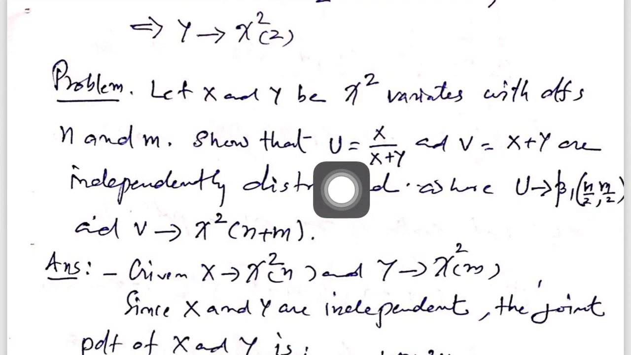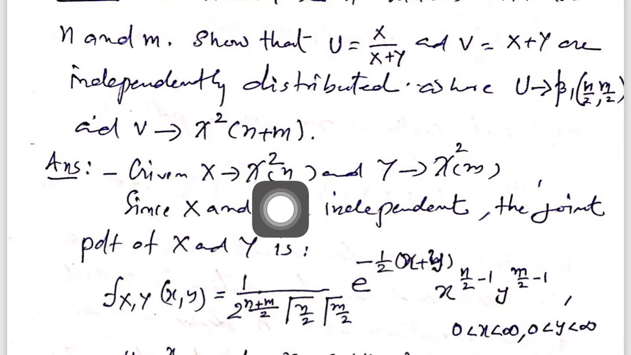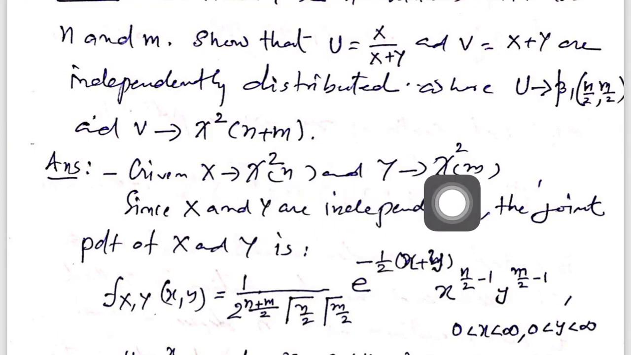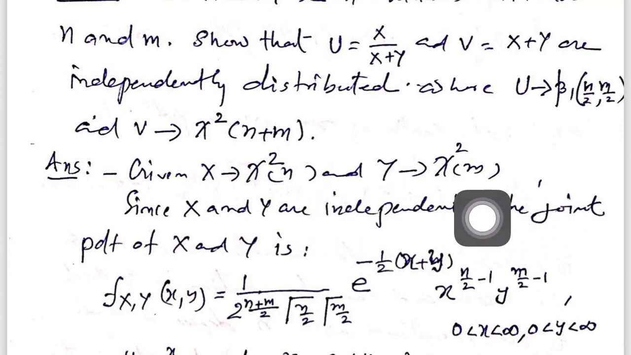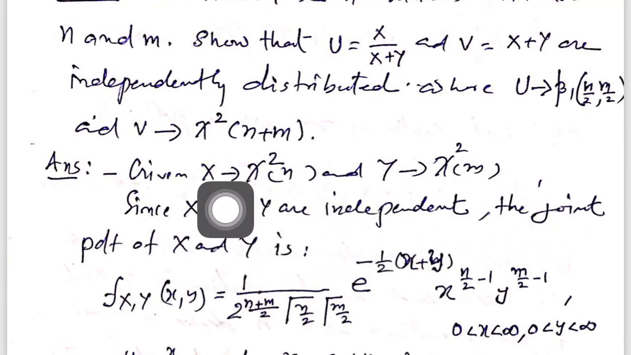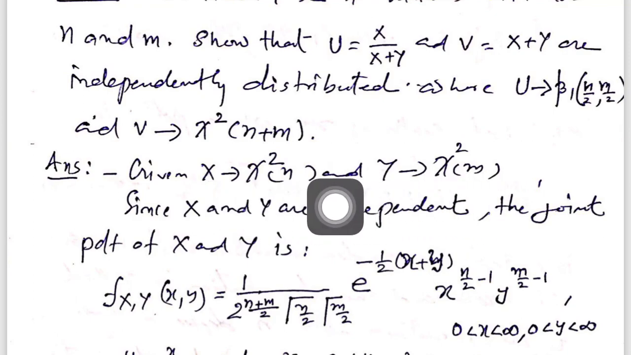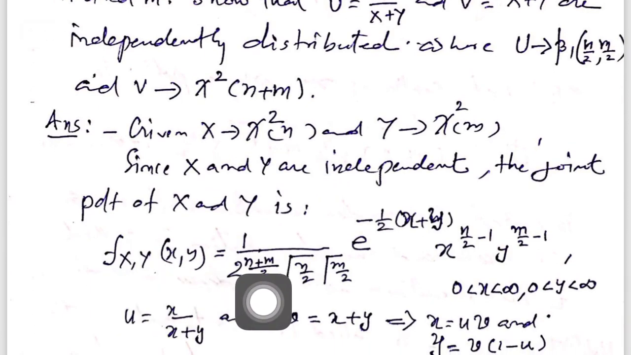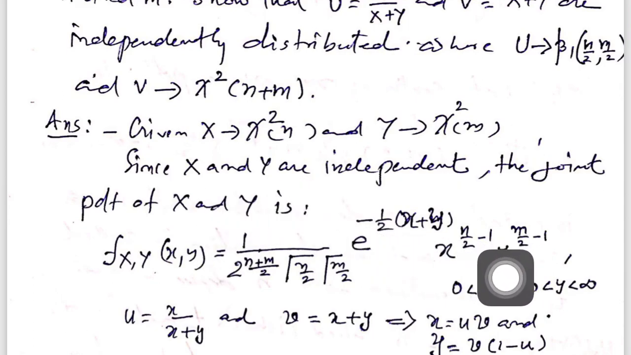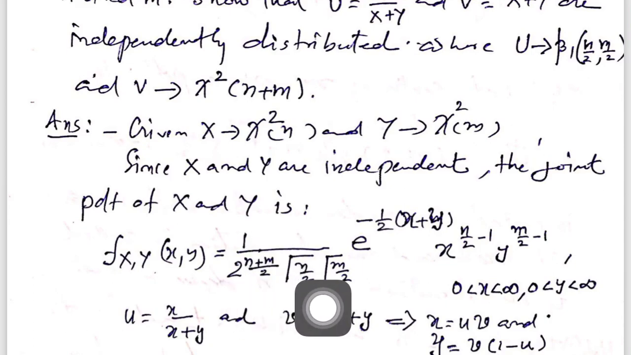for finding the joint PDF of u and v. Okay, given x follows chi-square with n degrees of freedom and y follows chi-square with m degrees of freedom, x and y are independent. Therefore, the joint distribution is nothing but the product of the two chi-square PDFs. Okay, so you find the joint PDF of x and y as the PDF of x into PDF of y. That will give you this quantity. 1 by 2 to the power of n by 2 into gamma n by 2 into e to the power